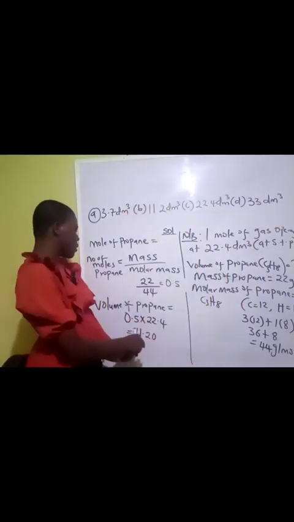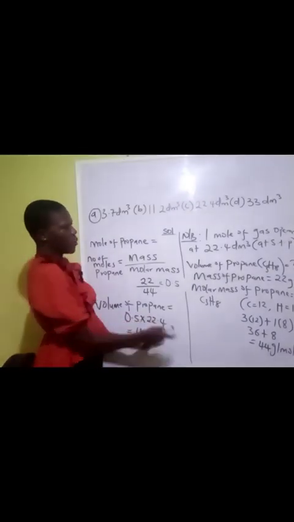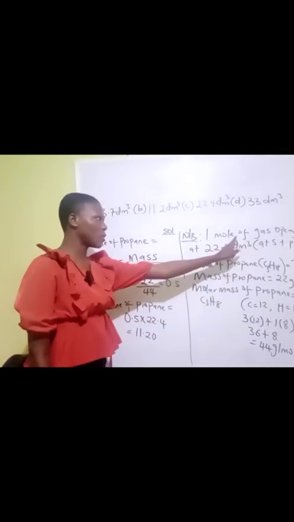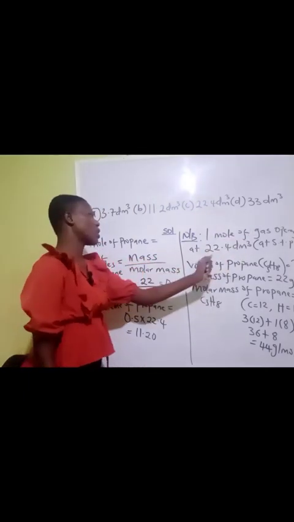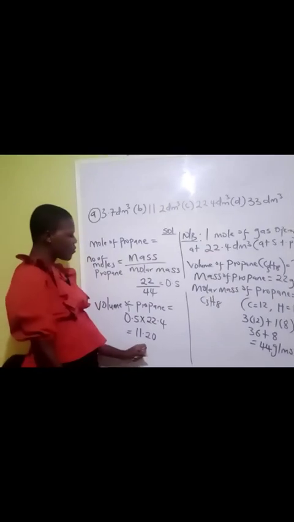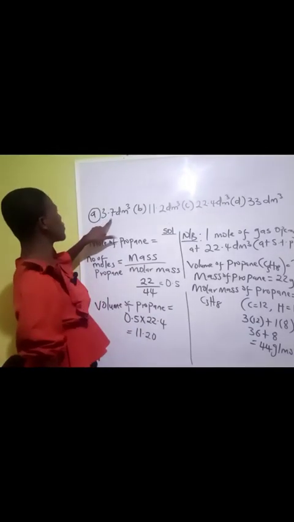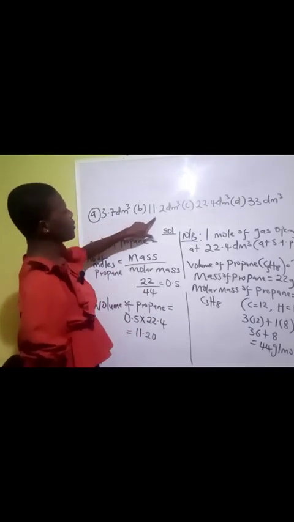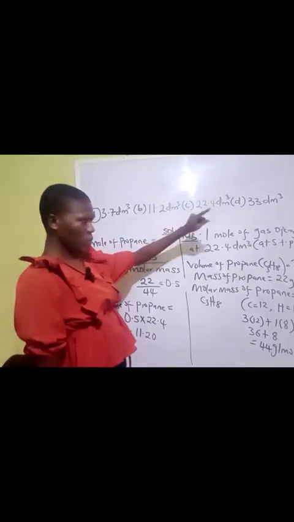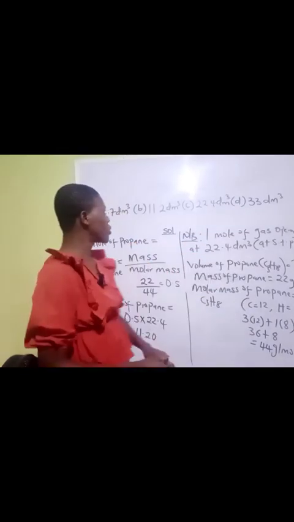The volume of propane now is 0.5, that's the number of moles, times 22.4 at STP. 1 mole of gas occupies 22.4 dm cube at STP. So we've gotten our answer as 11.20, and the options are A 3.7 dm cube, B 11.2 dm cube, C 22.4 dm cube, D 33 dm cube. So the answer is